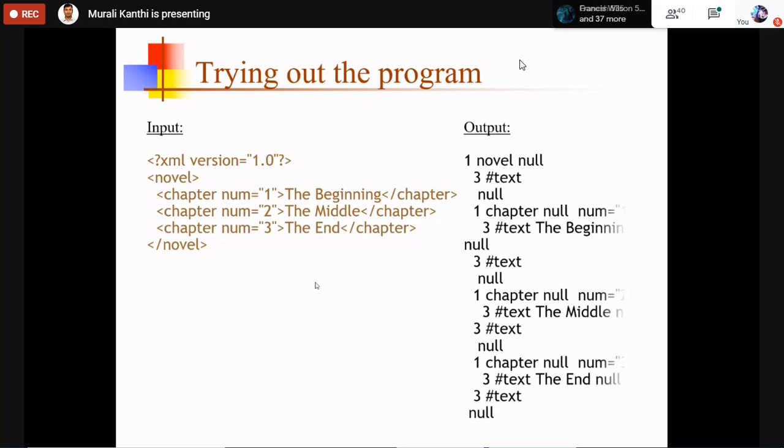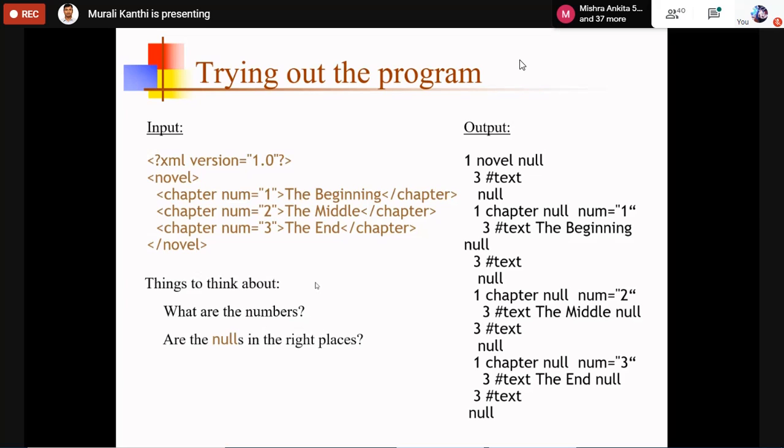For this, the output will be like this. First node is novel, null, with three text nodes. Then the first chapter, null, text beginning, then null. So chapter 1, chapter 2, chapter 3. This type of information will be given as output.